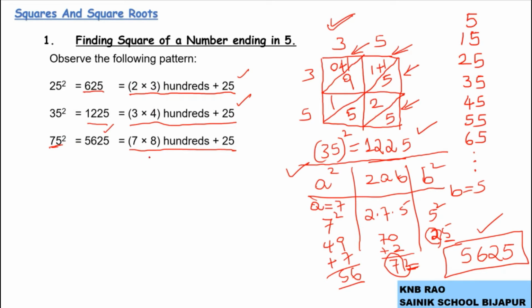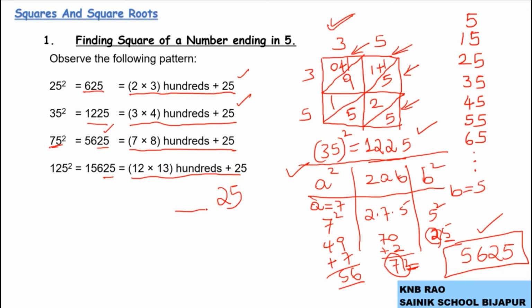Yes. Now the question, one more example I'll give. See, 125 square is 15,625. What is the idea behind that? They are using without any calculation much. So square of a number ending in 5 definitely ends with 25.